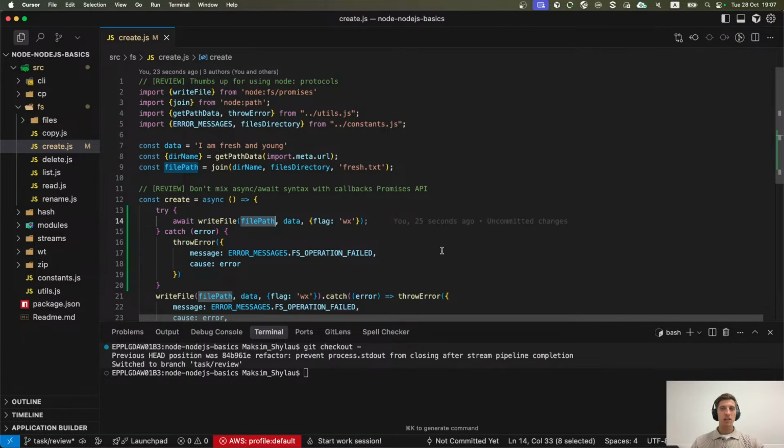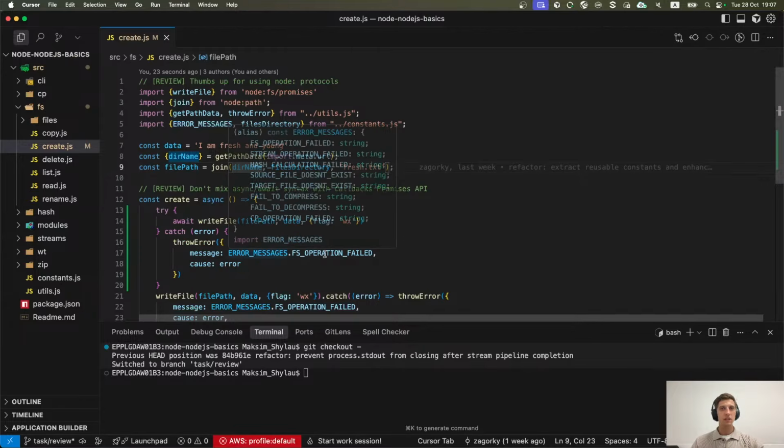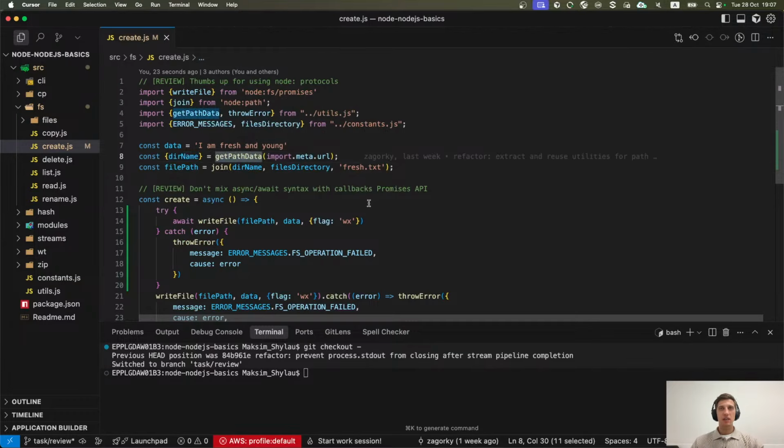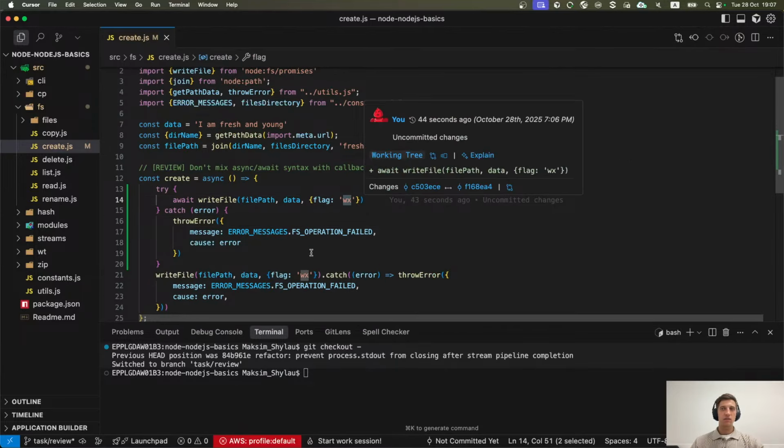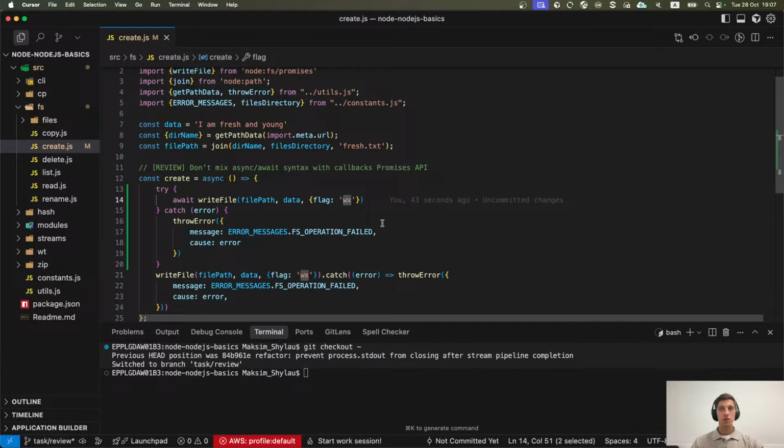We provide the file path to our file. We will take a look at the utils folder a bit later to check how this get path data works. But anyway, it's pretty simple, and you have this flag wx, which throws an error if the file already exists.